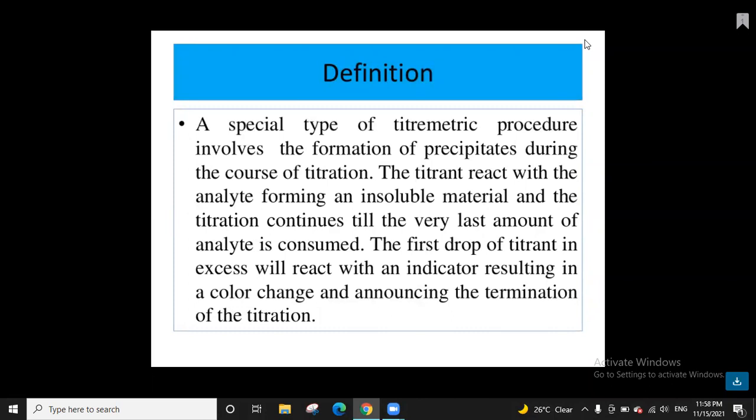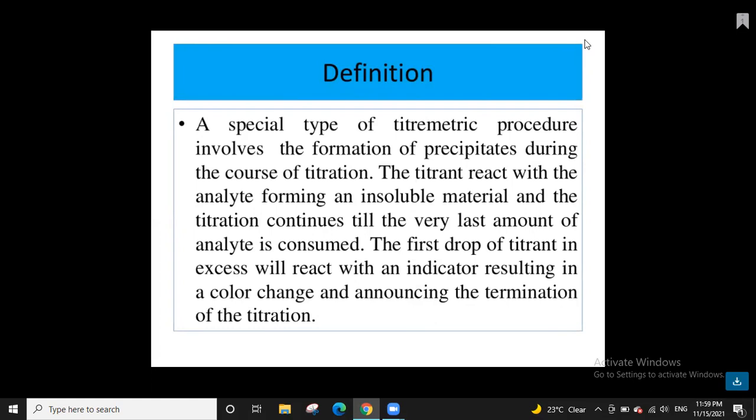Assalamu alaikum, students. Today we start the second type of titration, that is precipitation titration. We perform this type of titration when our analyte forms an insoluble or stable precipitate with the titrant, and the titrant here is also a precipitating agent. So when our analyte has the property that it forms an insoluble material, then we can perform this precipitation titration